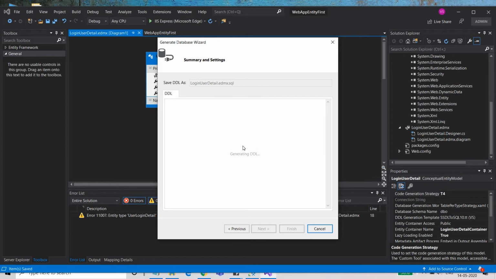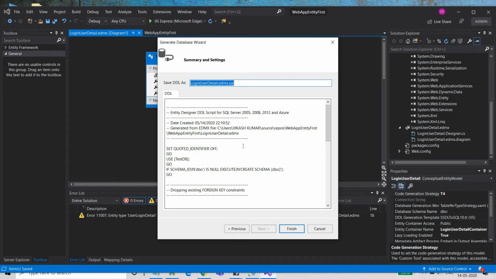create a new DDL. DDL stands for data definition language. I hope you understand the data definition language and data manipulation language. Data definition language is used for schema definition, right? Like if you create a new table, then that is a DDL. Create table statement is a DDL. Alter table statement is a DDL. If you modify a column name, that's a DDL. So anything which impacts the schema is a DDL statement, a data definition language statement.